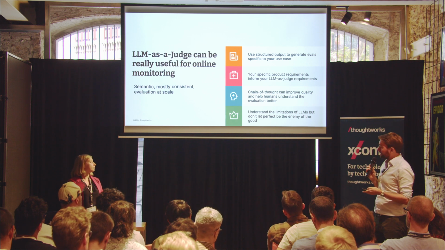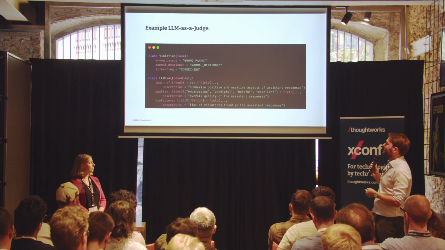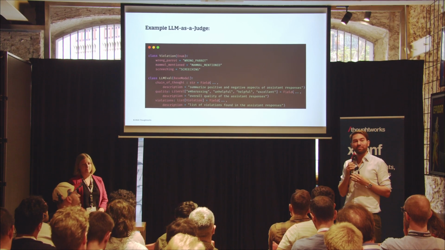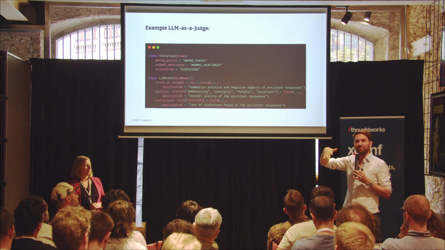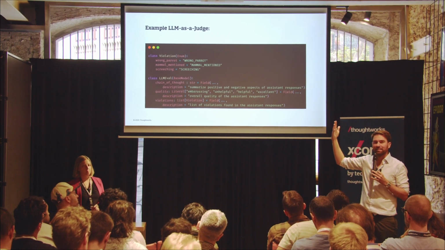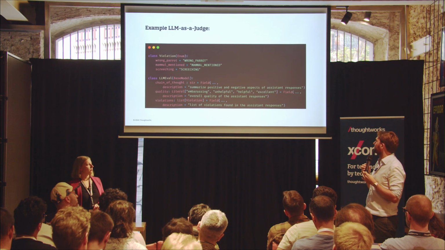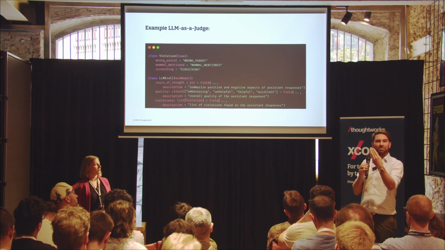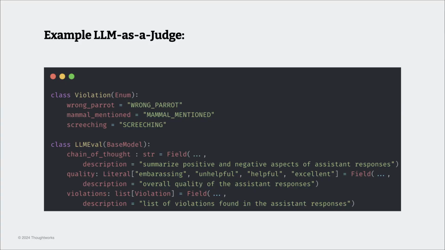Then another thing that you may have noticed here, so I sneaked in a chain of thought here. This is a way of letting the LLM reason first about the output. Just list a bunch of good aspects, bad aspects of the system responses before answering the final label, like what's the quality. This helps it reason towards the right label, so the accuracy goes up on the actual classification here, and it's also just a very useful summary to have.